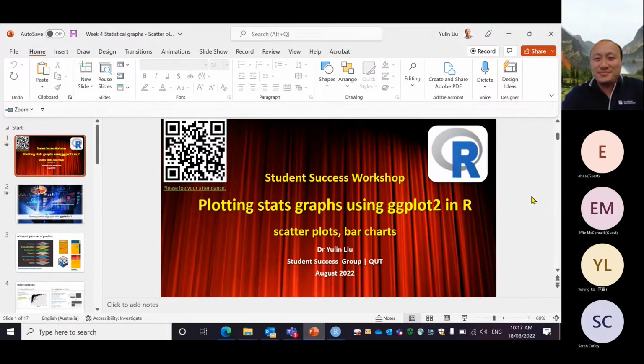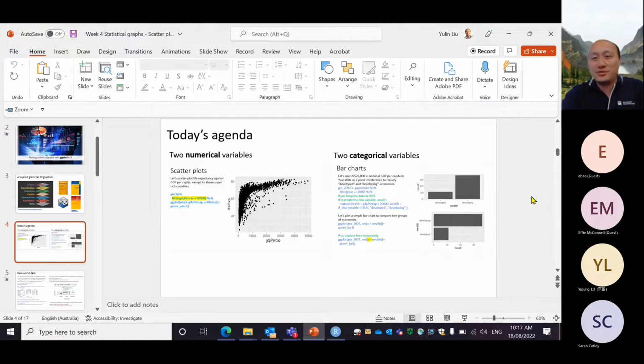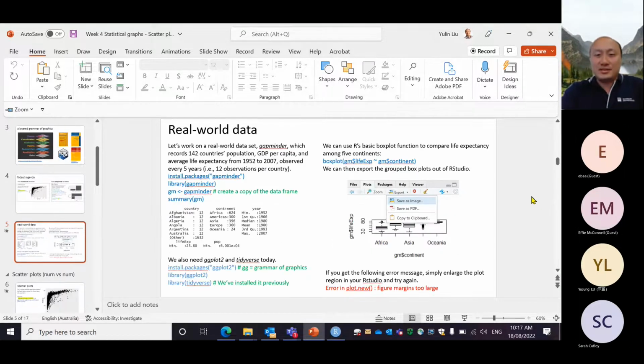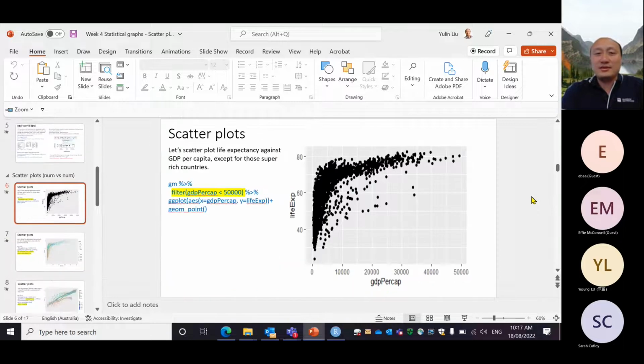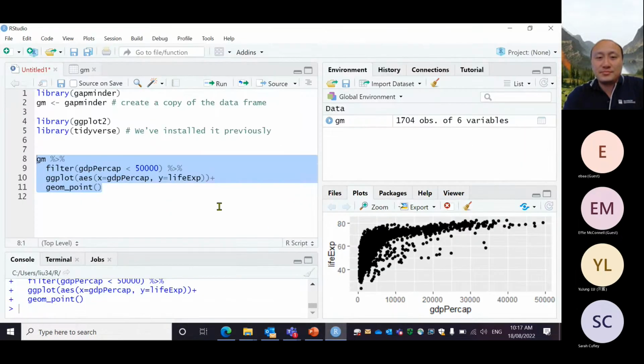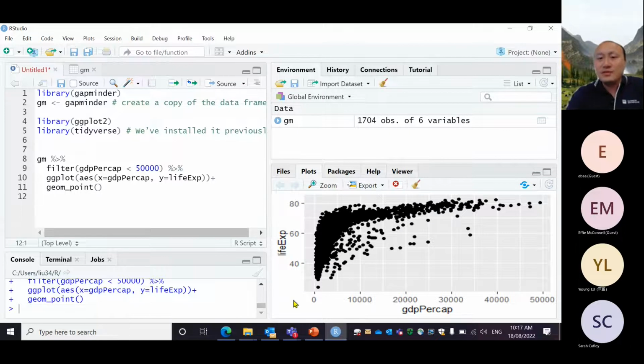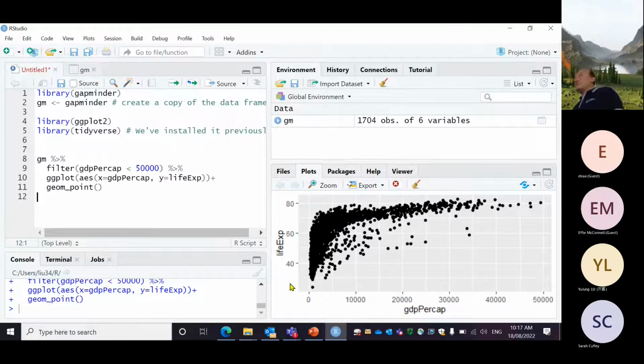Okay. Today's topic: ggplot2. The agenda is two important plots, scatter plots and then bar charts. And the data is the same as we did last week. And then this first plot, you can see this is the XY plot or scatter plot. I put the GDP per capita on the horizontal axis, and I put life expectancy on the Y axis,